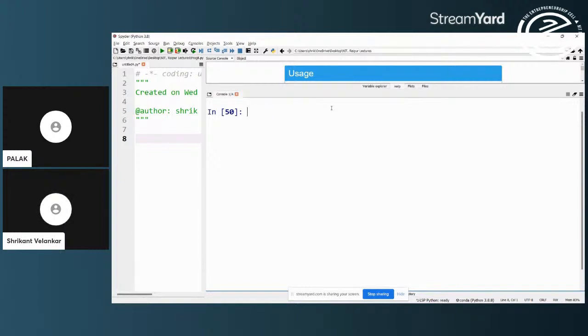Now, as I said, NumPy is a class library. It is not a structured function library. Because it is a class library, it is better to have it instantiated.